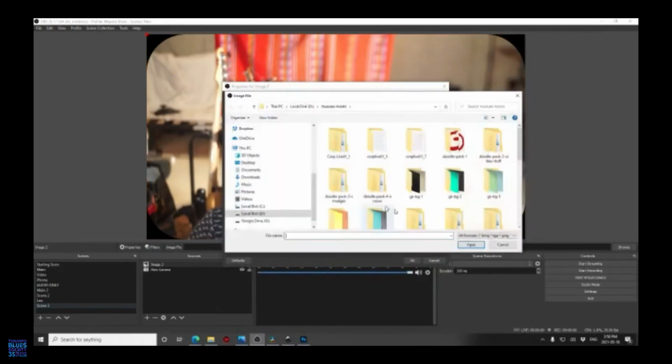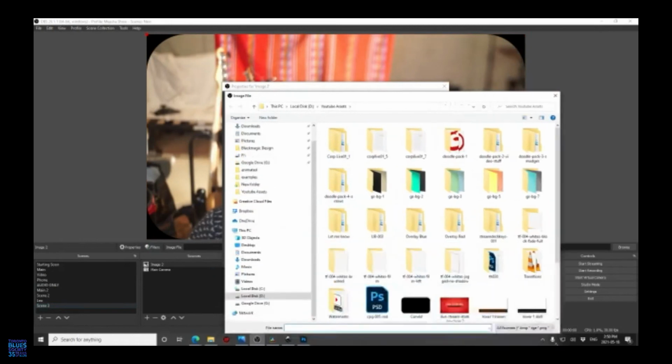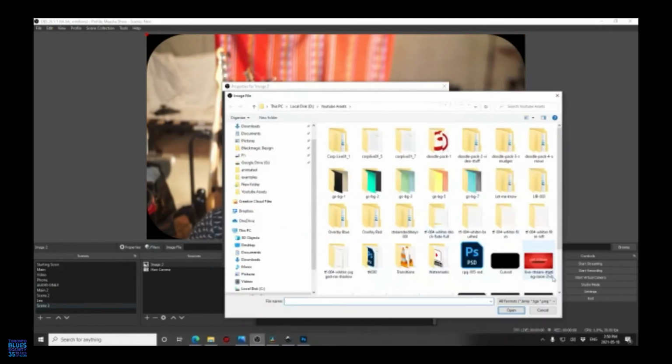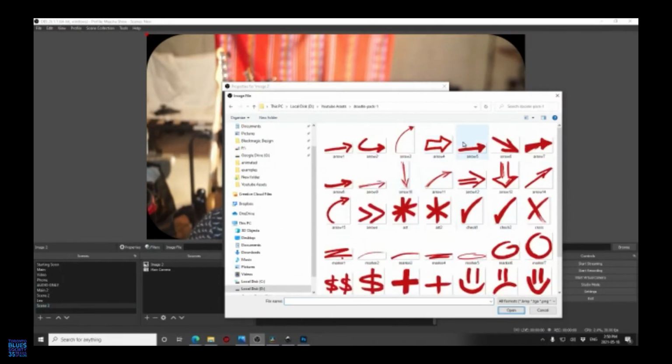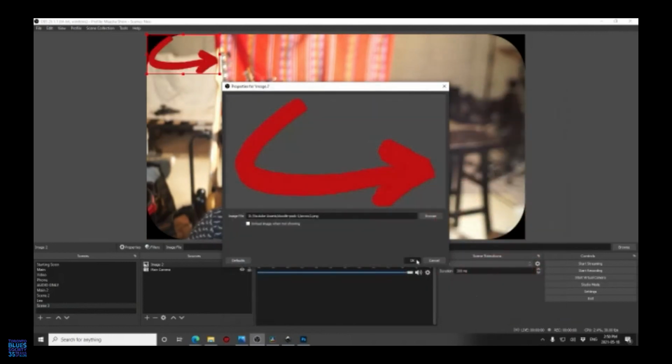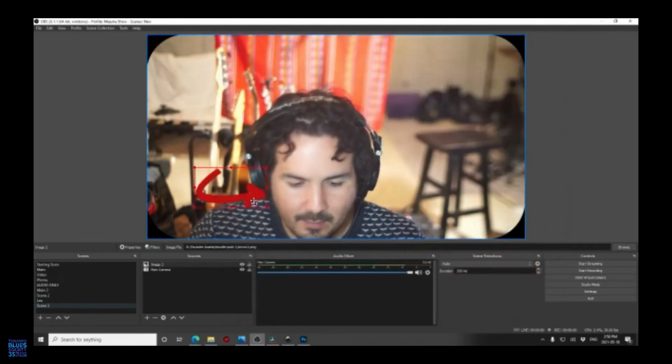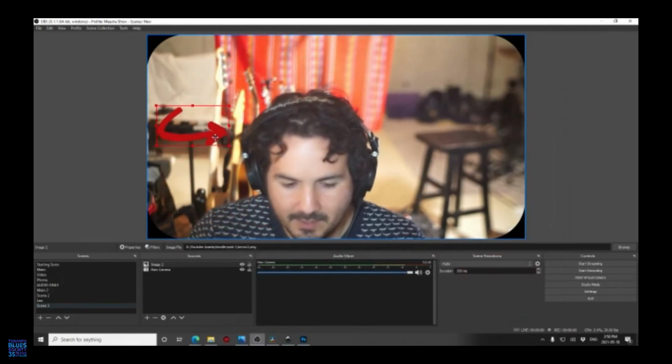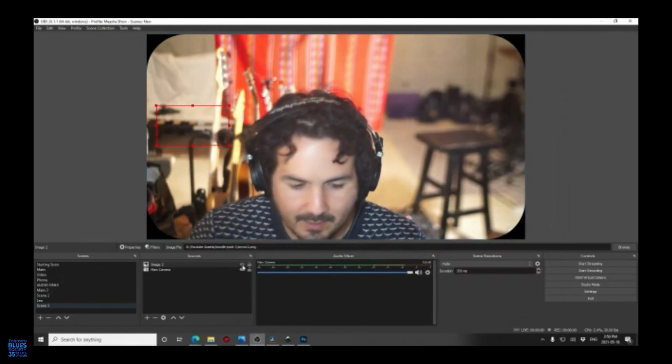You can download some assets that are already made for you, right? In this case, for example, the ones that I've just got are like that live stream welcome page. It also has these doodle packs, for example. Maybe I want to have an arrow like that, and I'm going to add it. They're all PNGs, right? So I could be adding these somewhere through my